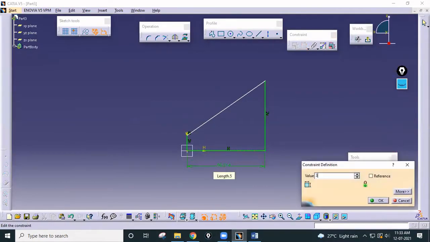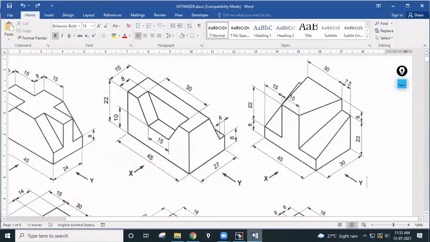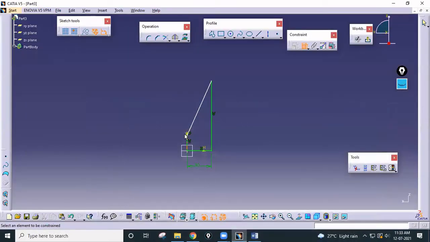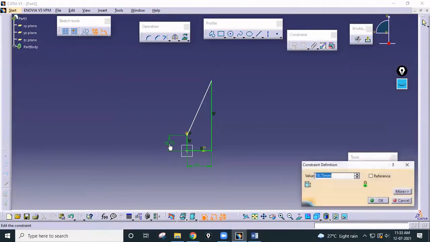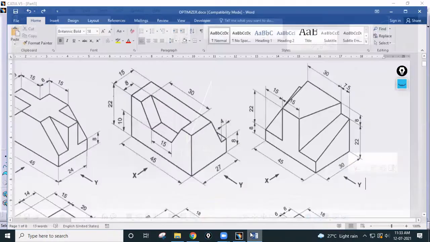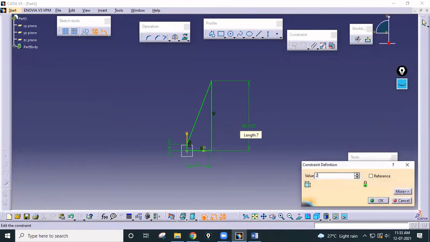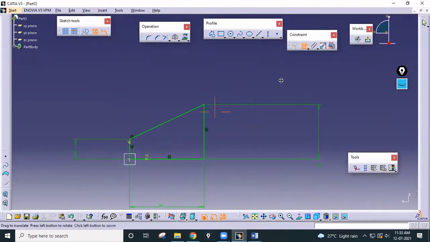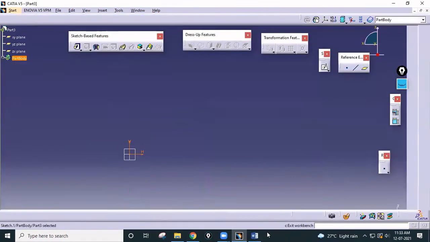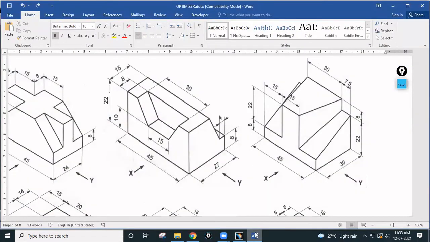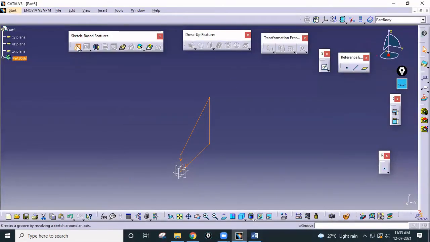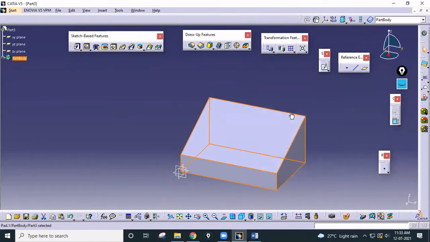So this one is 30, this one is 8, and this total is 22. Okay. So this is our first step sketch. Then just exit workbench and pad it by 45. So just click on this pad and make here 45.